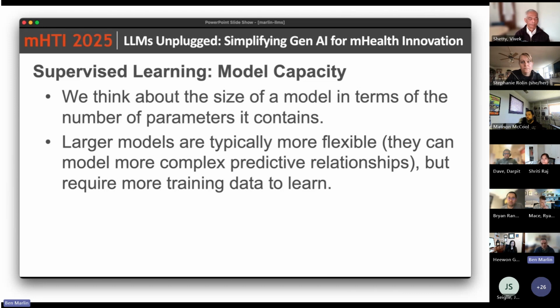So in traditional machine learning, we're always looking for a trade-off between the model capacity, how many parameters it has, and the amount of data that we have to try to build something that makes effective predictions. LLMs shift that a little bit, again, by training on very huge volumes of data and enabling the use of very large models. And we'll look at how large the models are and how much data they're trained on in a little bit.